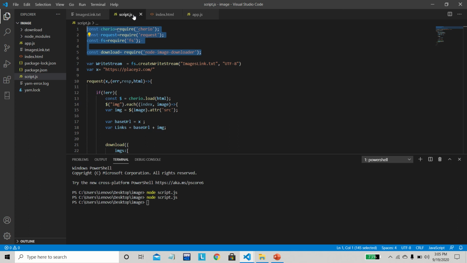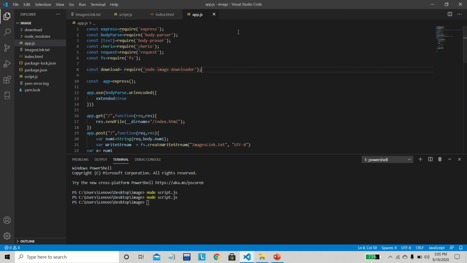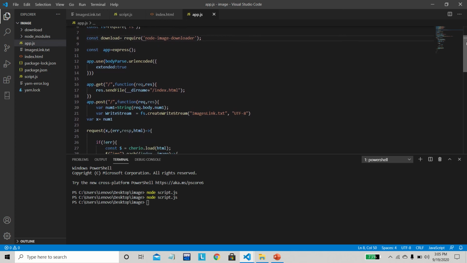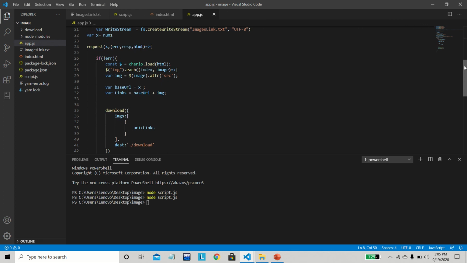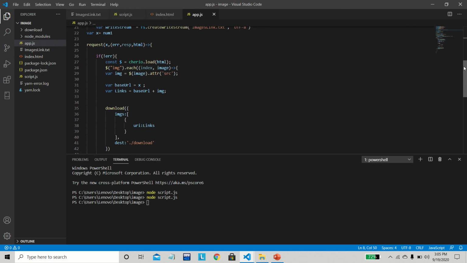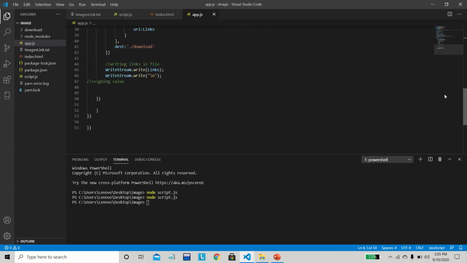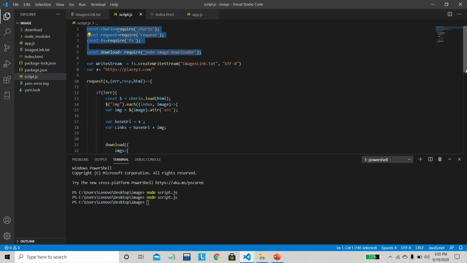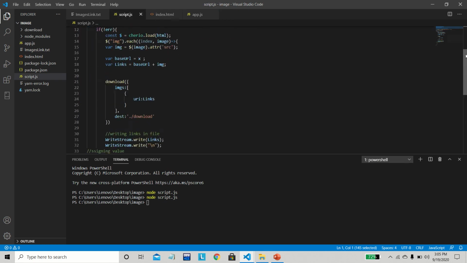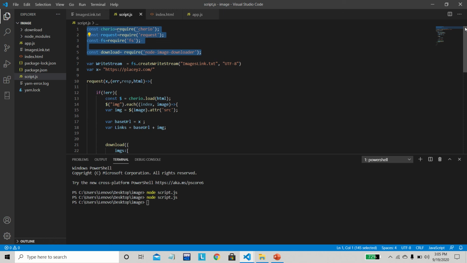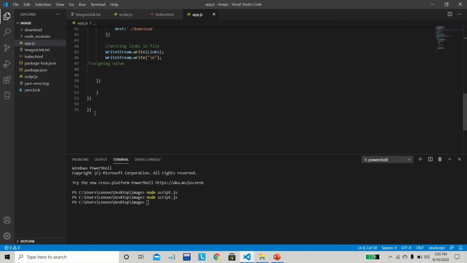So now what we have done is we just set up an app which will render an HTML file and get data from the HTML file, that we cannot do from a simple script. So we have set up an Express app for that. Now once we have set our Express app, what I want is that it should run on some port, like an HTML file runs on some port. So in Node.js we have to set a port for that.